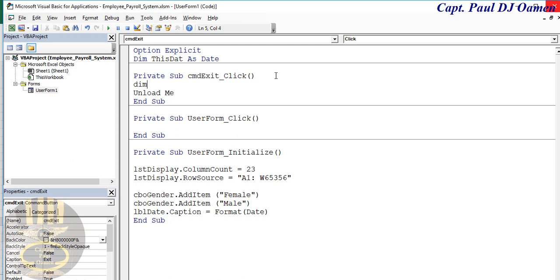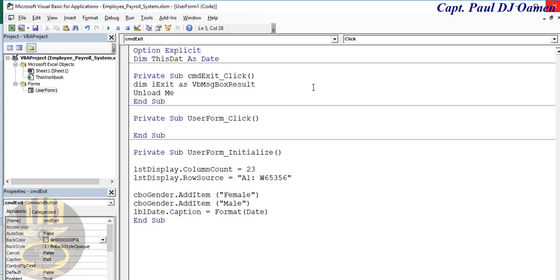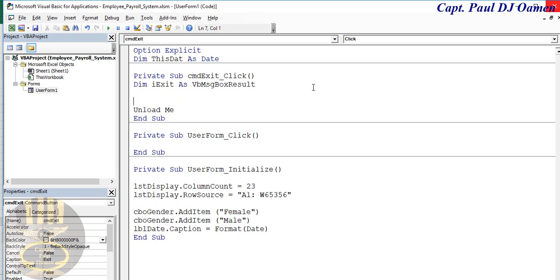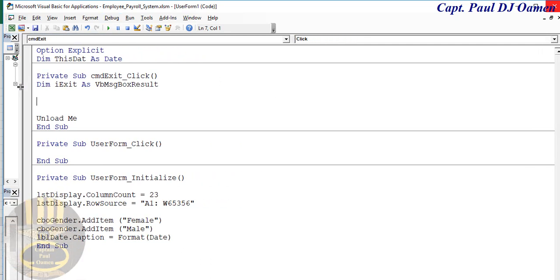First of all, I'm going to declare a variable. I'll call it I exit. You can call yours whatever you like. I exit as, I'll then call it, that would be a data type. This data type is called VB message box results. And right in there, the next thing I'm going to do is I will now ask I exit. Let me call out this so that you guys should be able to see it. I exit